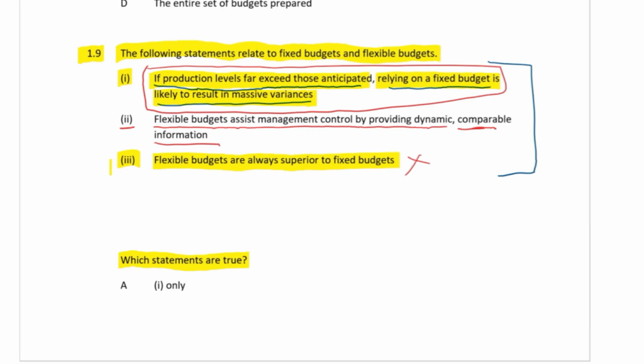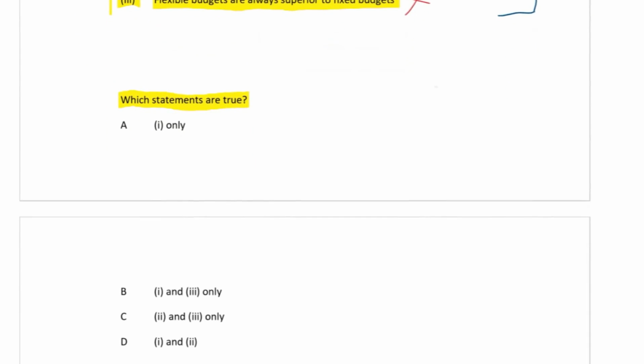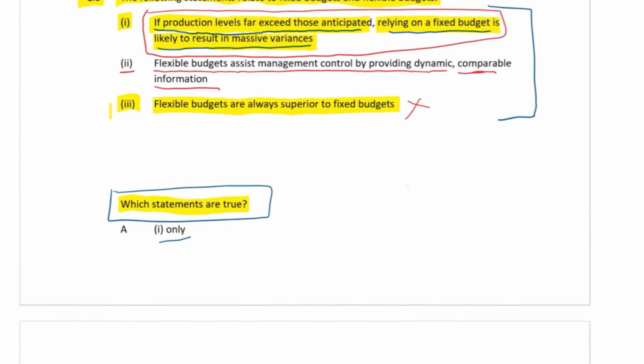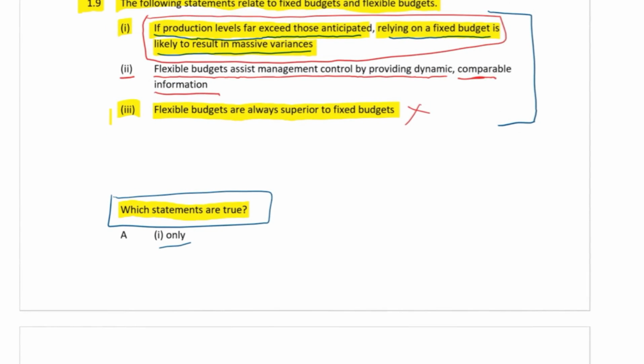So now we're going to look at the possible answers. Which statements are true? One only. Let's go to one. What does one say? This statement is true. This statement is true. But it is not the only statement that is true, because